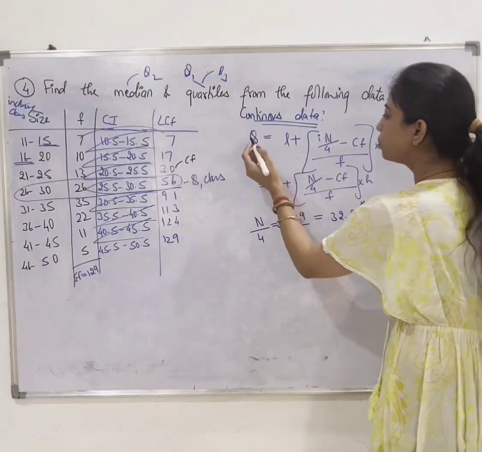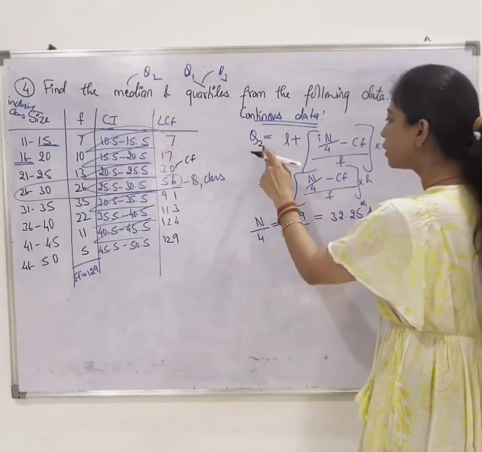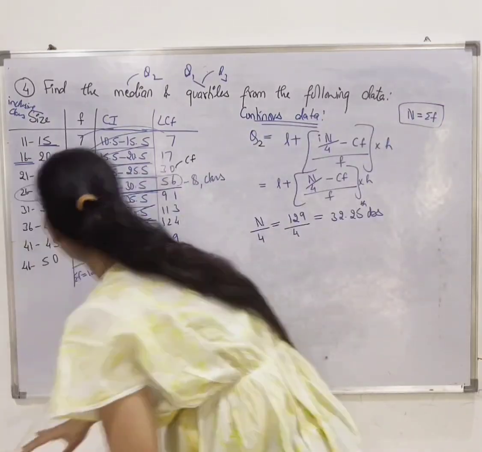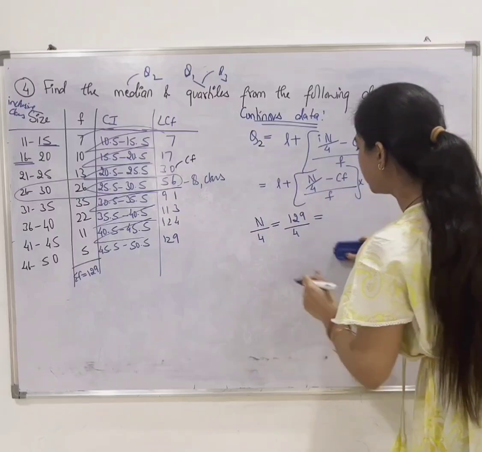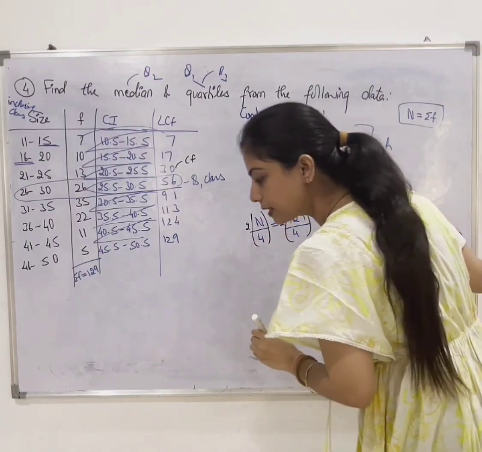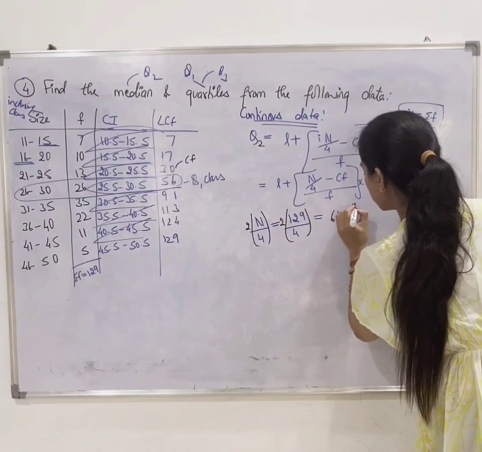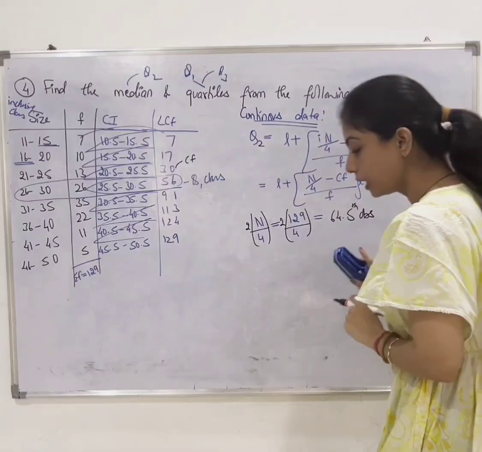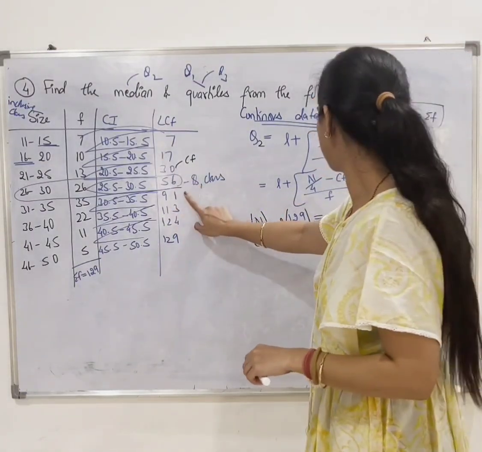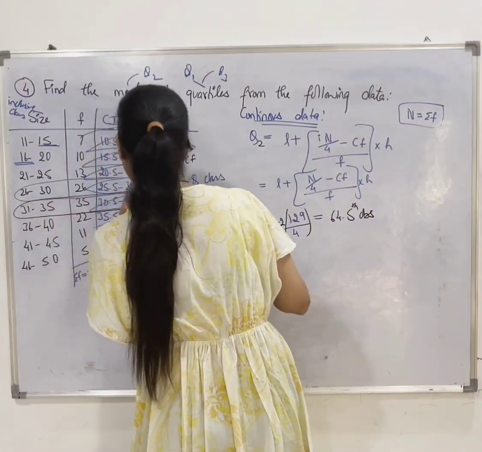The next one is Q2. Since median is nothing but Q2, we will find out the second one. So since it is 2, the i value will become 2. So what we are going to do here, we are simply going to multiply this by 2. So 2 into this will give us 64.5 observation. Now again, we need to search for 64.5 in the values of LCF. So this is lying in 91. So this will be considered as the Q2 class.